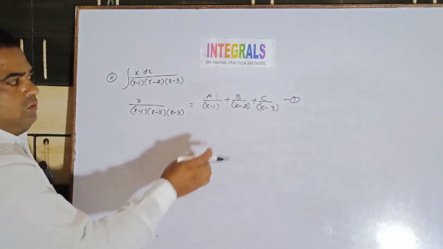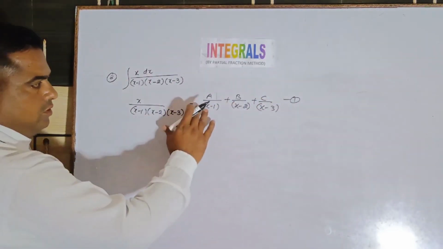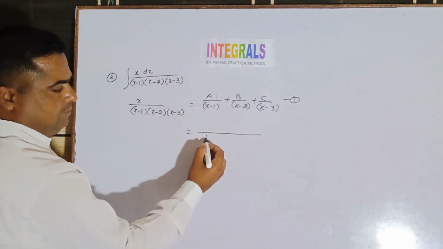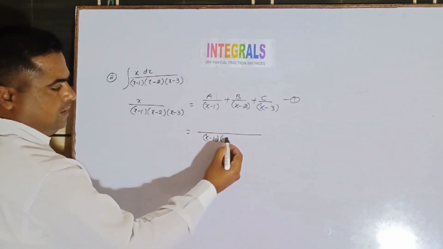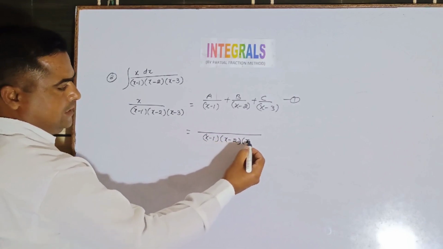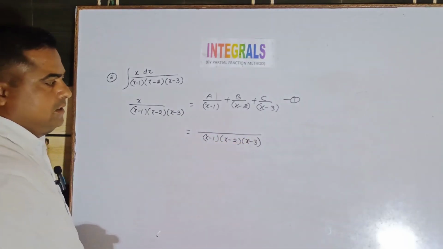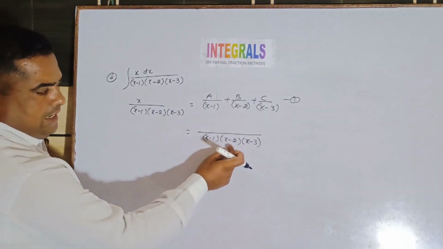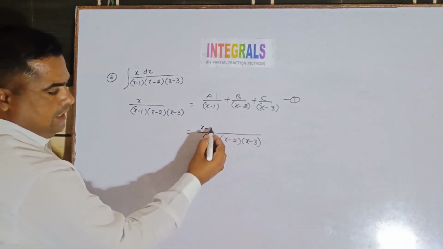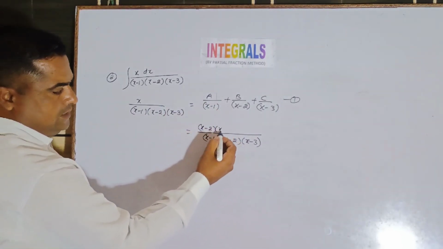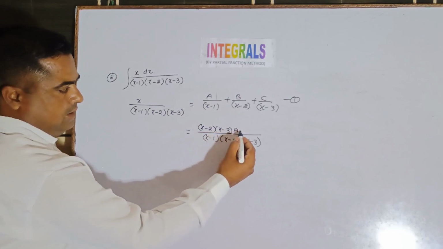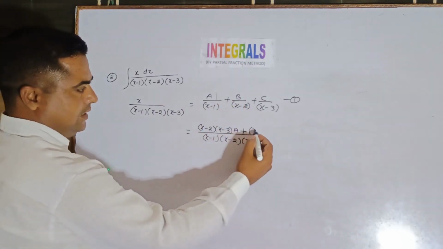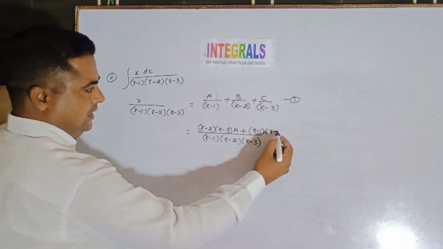Now what will we do? Again we will take LCM of all these three fractions, three denominators. So LCM will be (x minus 1)(x minus 2)(x minus 3), correct? Now you will divide by x minus 1 in this denominator. We will get here (x minus 2)(x minus 3). So we will write here (x minus 2)(x minus 3) into A plus we will divide by x minus 2. So we will get here (x minus 1)(x minus 3)